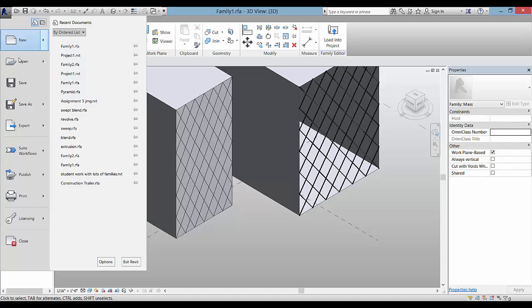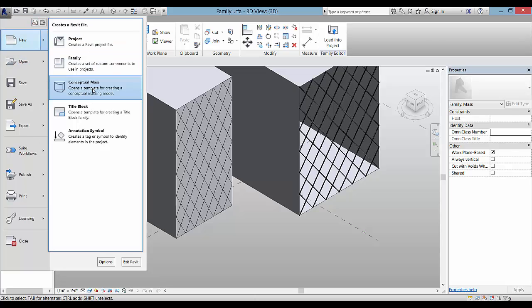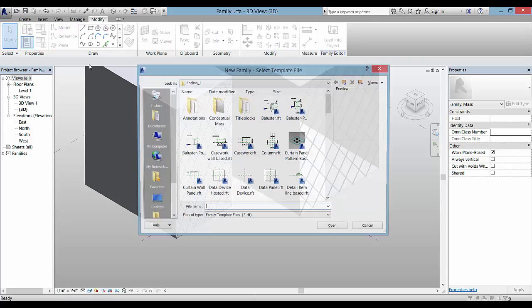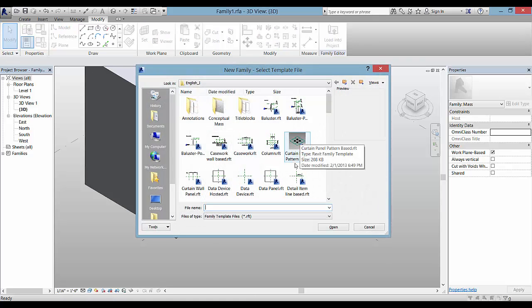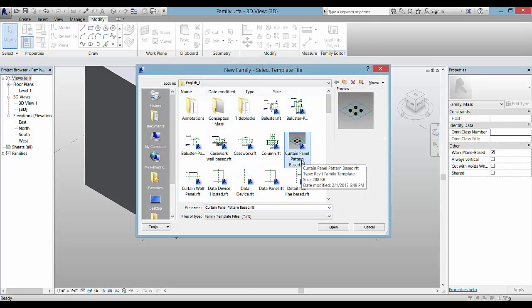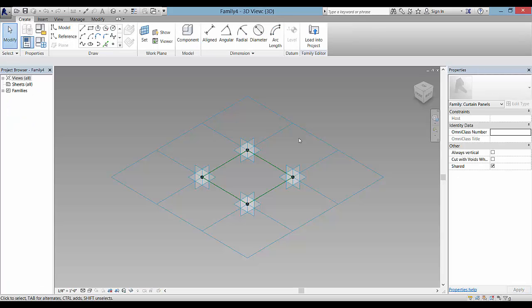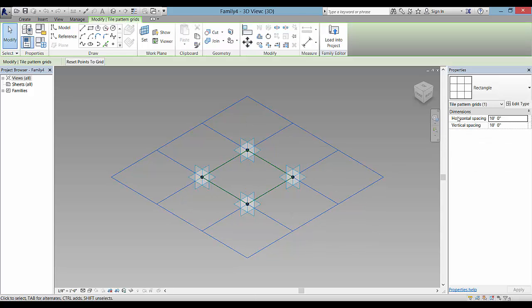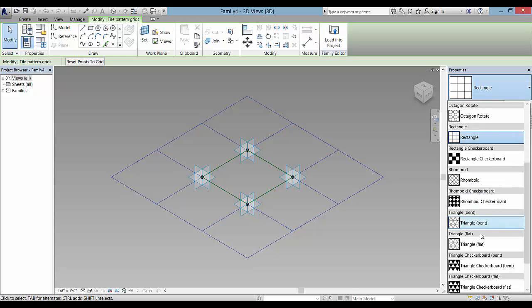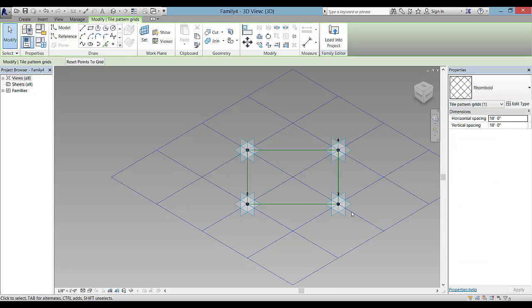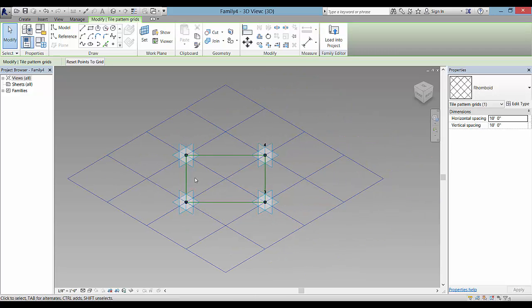What we would do is start a brand new family, and the family is called curtain panel base. That curtain panel base family is by default the rectangle. But what I could do then is change it to this one that's diagonal and start to customize here that one panel that will take on the whole